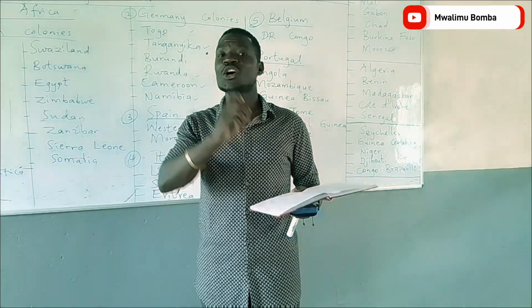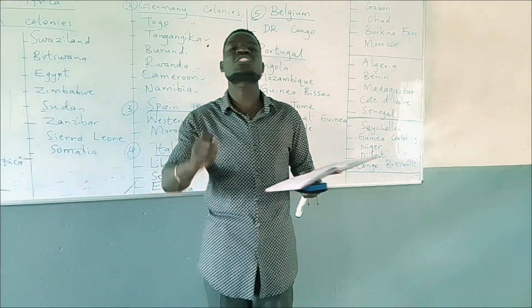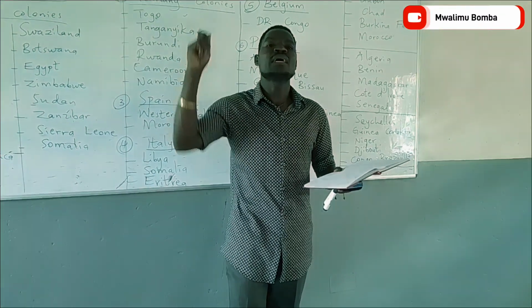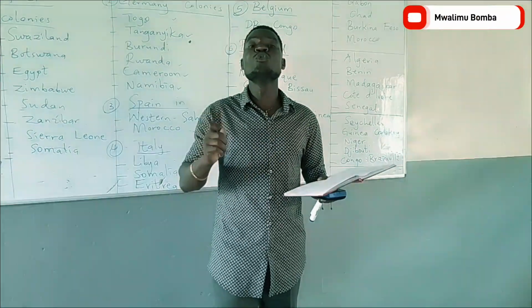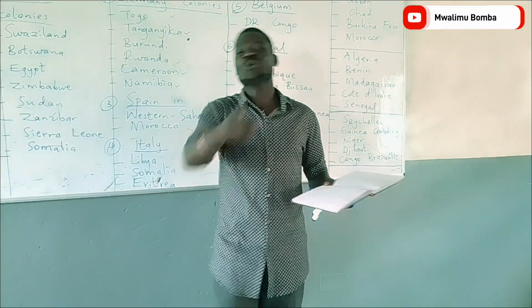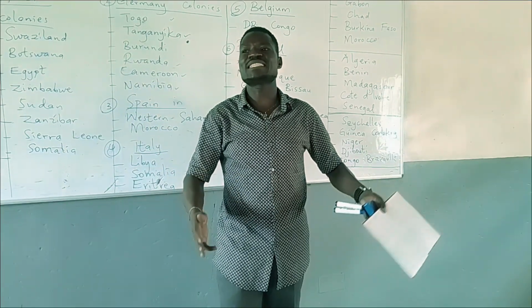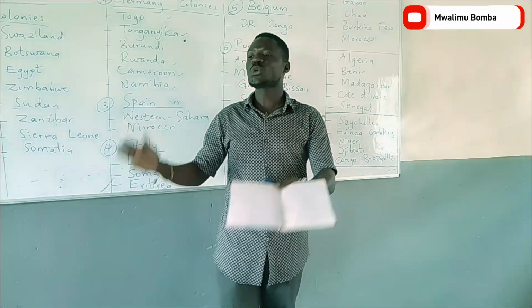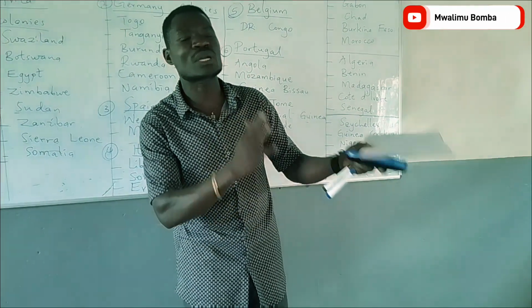The main one was that any European power that had shown interest in colonizing an African country was to state it clearly through the administrative capability to rule that country, not just mere words. You were to state that I have shown interest to rule this country, and these are the strategies